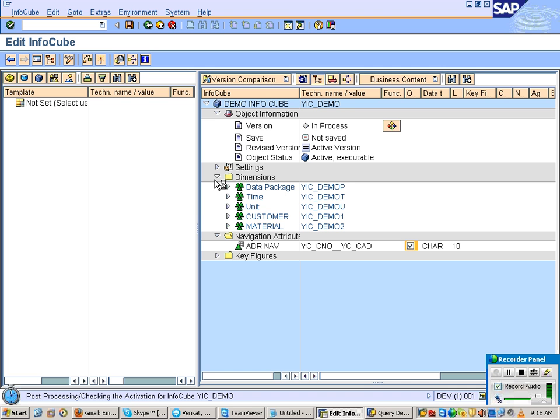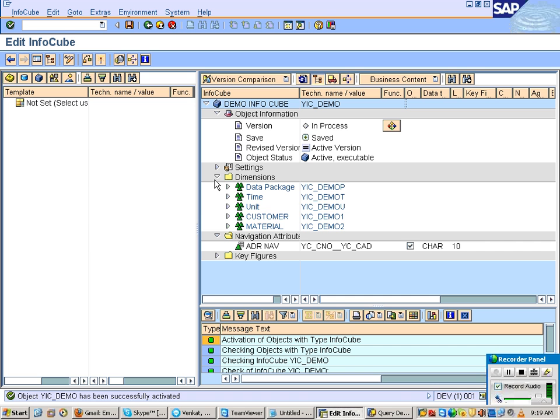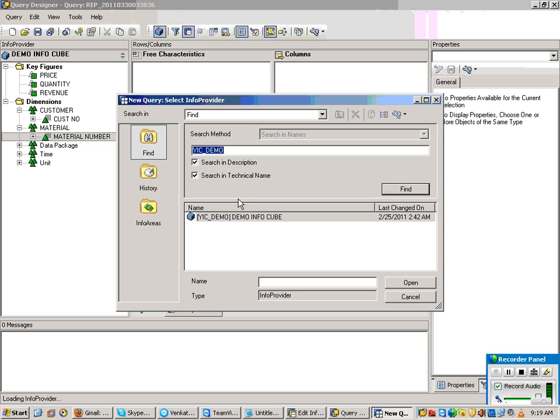Press on that. Now, on this particular cube, when you create a query, what happens now? Address will be acting as what? Character. So now observe. So just try to create a